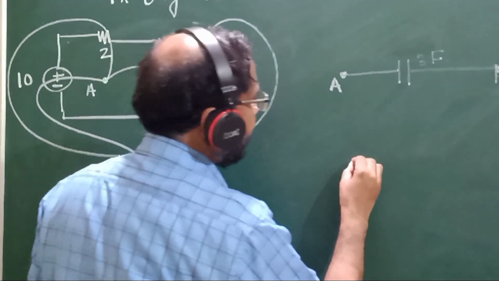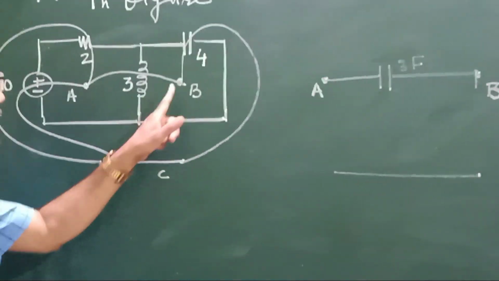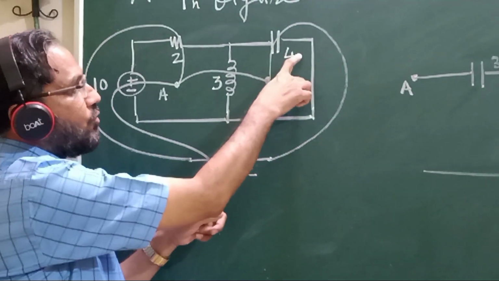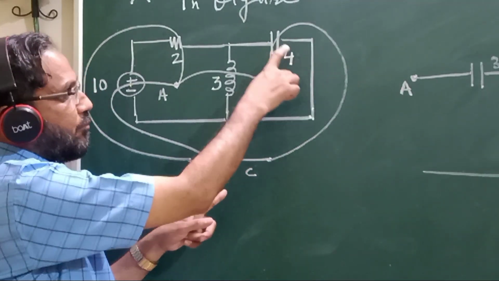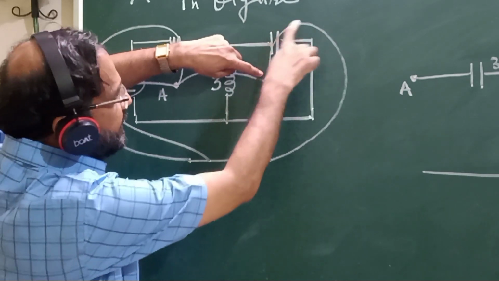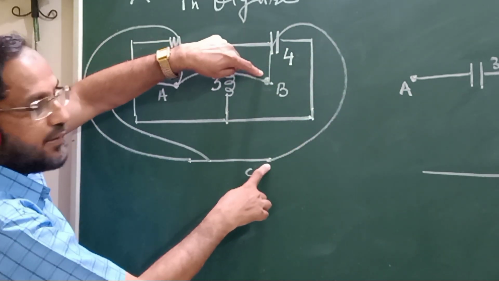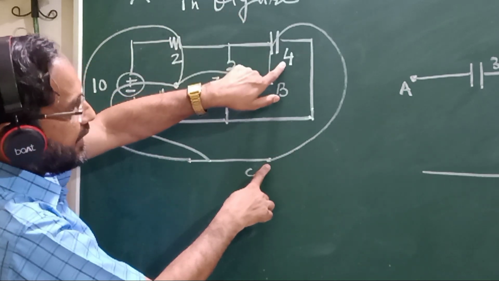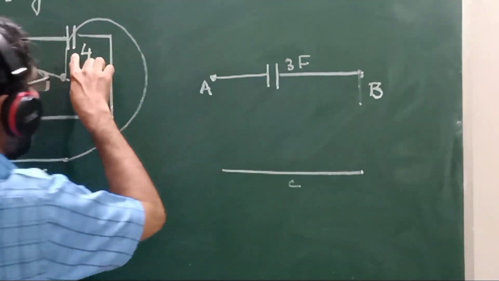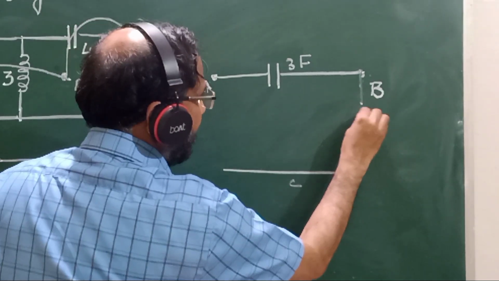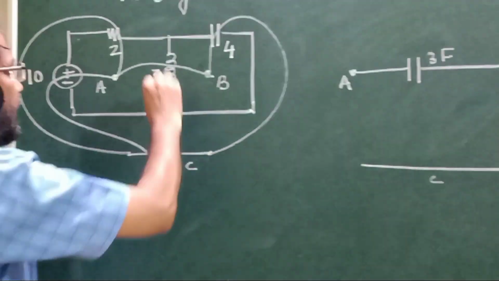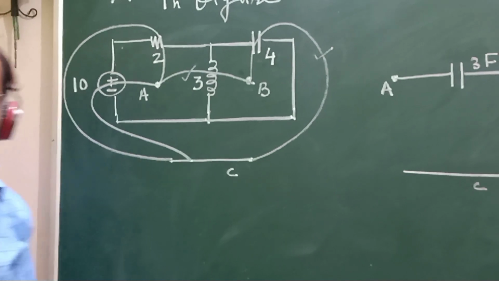This is the line that I am drawing here. Now I am working on this line, from B to C. A 4 farad capacitor is connected. And remember, the dual of a capacitor is an inductor. Where does this line start? It starts from B and comes to C. What element is in it? Here there is a capacitor, its value is 4 farad. So I am starting a line from B, and the dual of a capacitor is an inductor. The value will remain the same, so that is 4 henry here. So this line is covered.